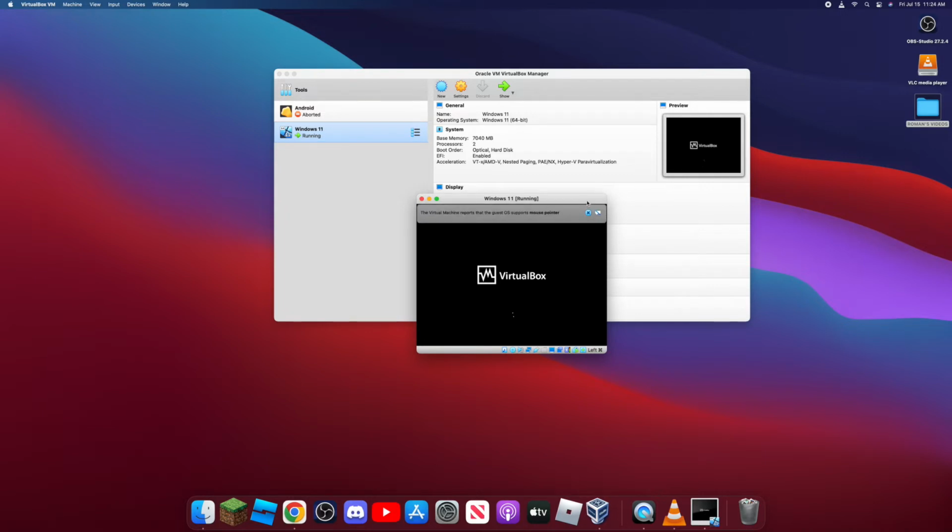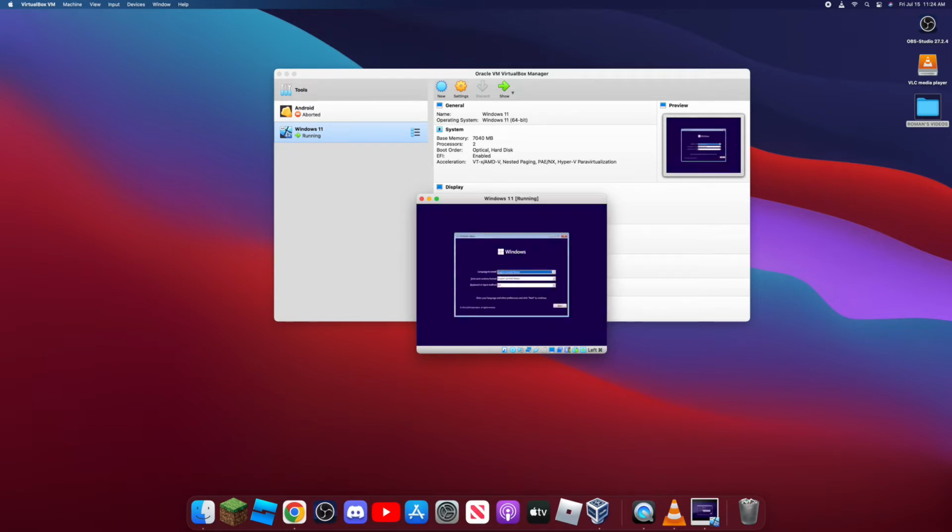Also, don't forget to press keys because then it's just not gonna work. Okay, now, right when you press play, it should say VirtualBox in the loading thing. That means it works. Okay, we're gonna fix this. This is the Windows setup. Now what you're going to do,